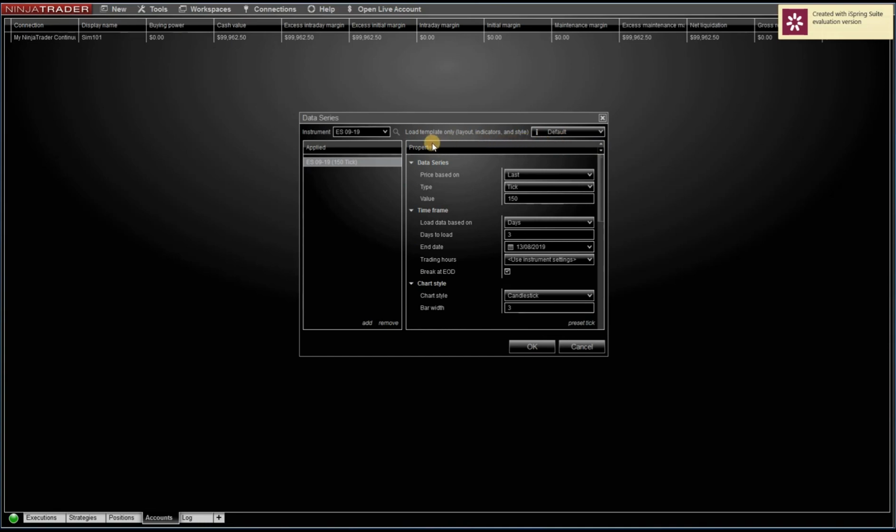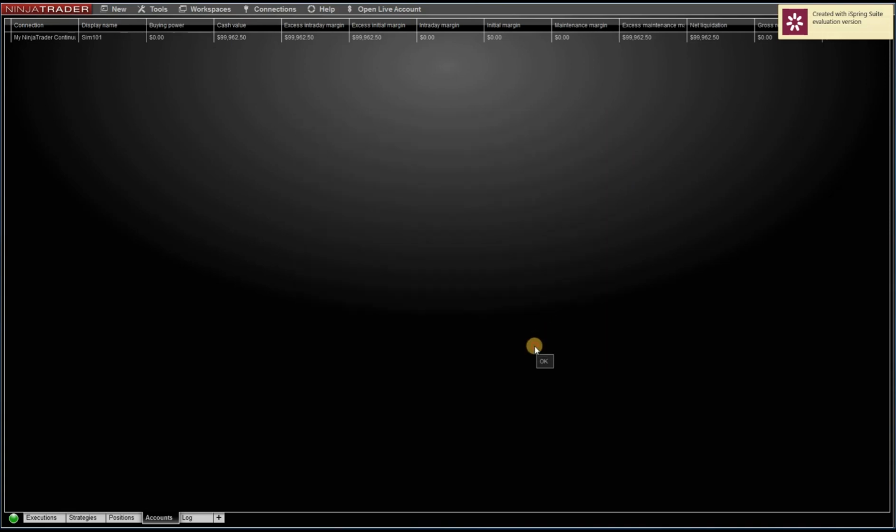If you'd like to learn more about that, you can refer to that section. There's also the option to select a template in the top right hand corner. I'll also go into how to create templates in a later section. So for now, we'll just select OK and leave everything as is,